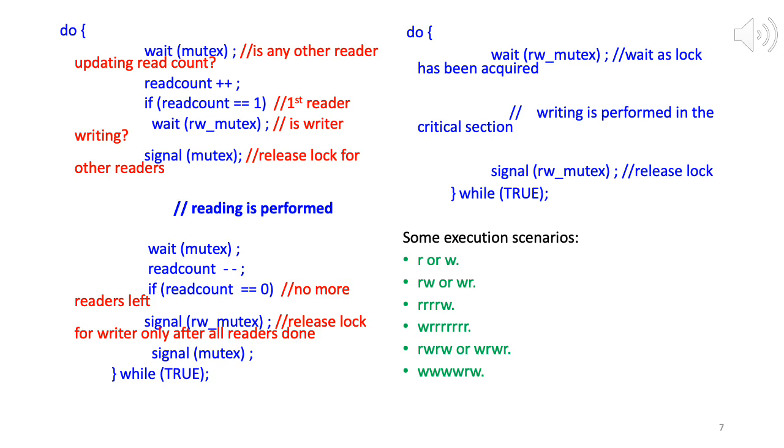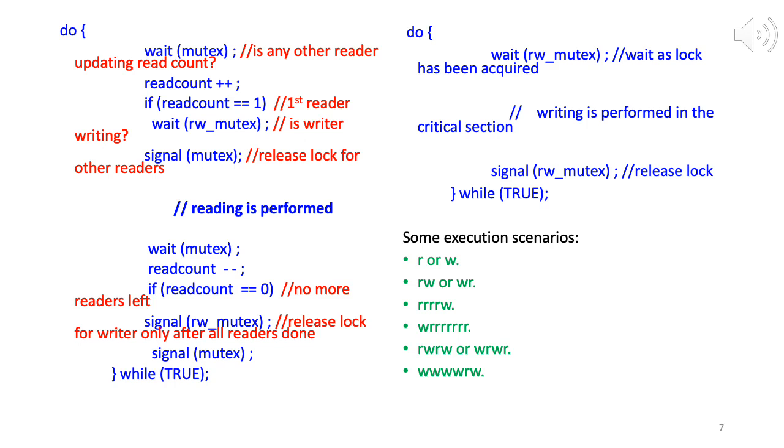So let's say all of them queue, and then the writer releases it, and then the first reader gets it. So now the writer is gone. Now I have all readers. So the first reader gets the read write mutex lock. It acquires it, and now the rest of the readers don't need to acquire the RW mutex lock. And then as before, the last reader will release the RW mutex lock. So this one works well as well.